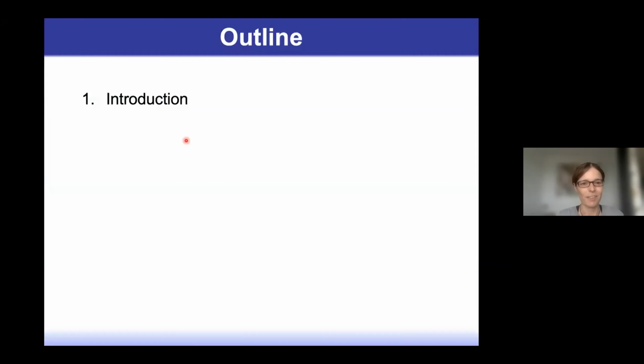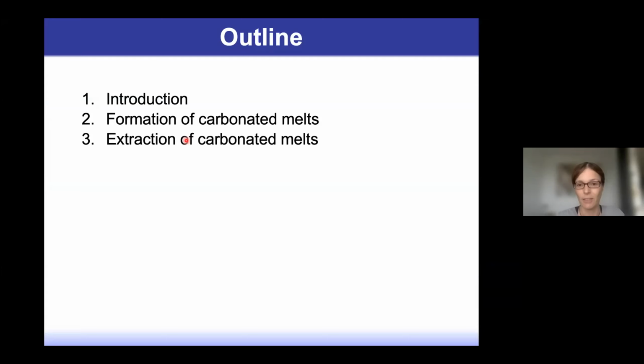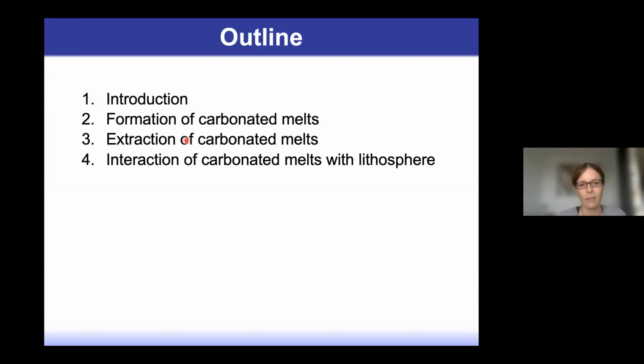I'm going to start with a brief introduction, and then I'm going to review what it takes to form carbonated melts and also extract them through a continental lithosphere. Then I will talk about the interaction of these carbonated melts with the lithosphere, and Ottmar has already done some nice introduction on that as well. And then I'm going to finish specifically with a reaction that causes peridotite to be transformed into wehrlite and associated